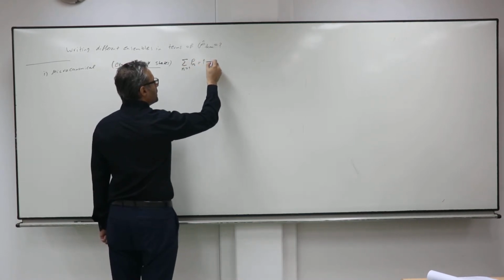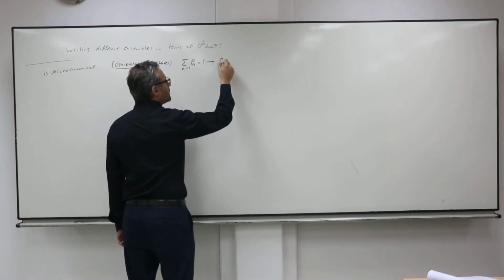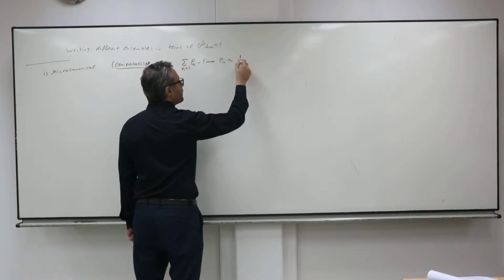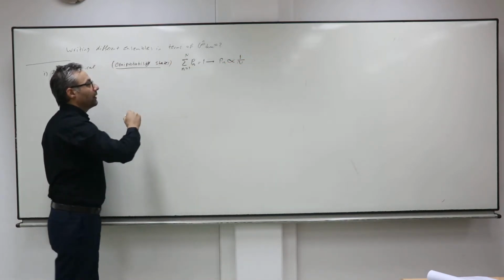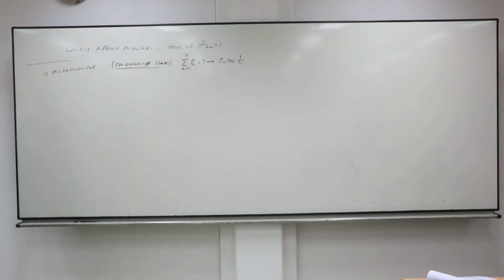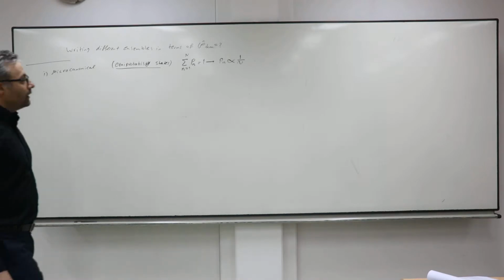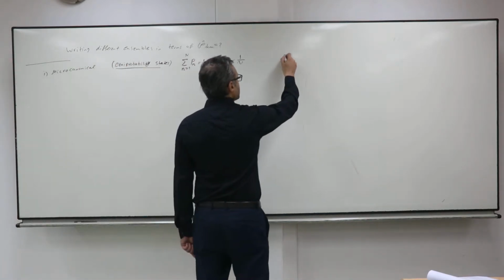So each one has the same probability. The probability of each one is 1 over n, for example, proportional to n, if n is the number of the ensemble. How can I write that? I can say that for